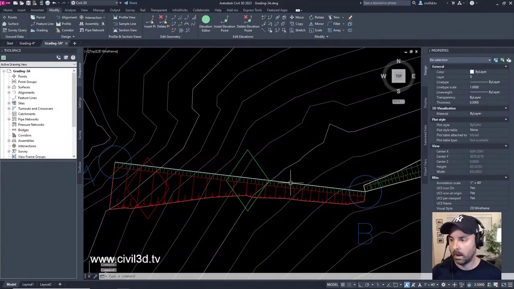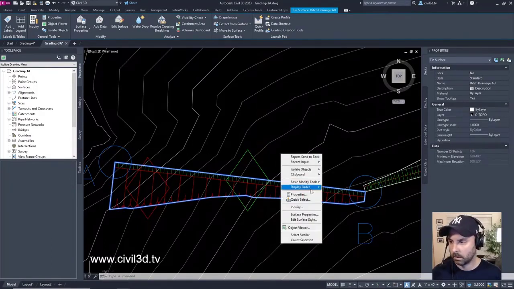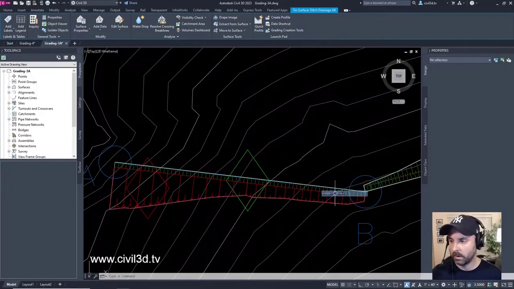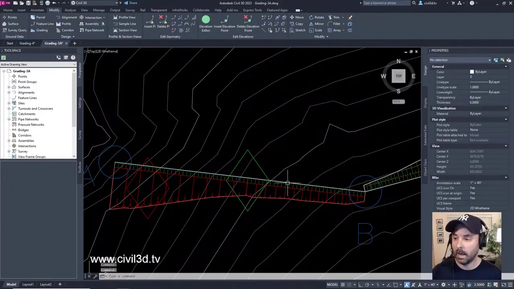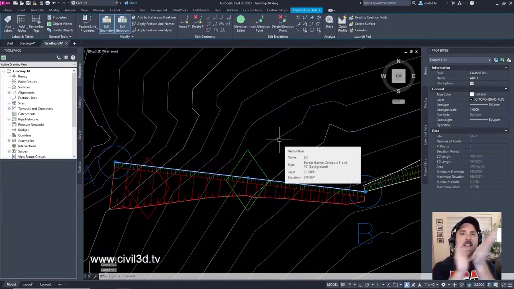Now let's select the white line again. No, I'm getting the tin surface on this one. Don't want that. Right click, go into display order, send it back once again. Now, will I get the feature line? Select the white line. Ah, we got our feature line. Yay! We did it. You see how that can be kind of confusing to folks?